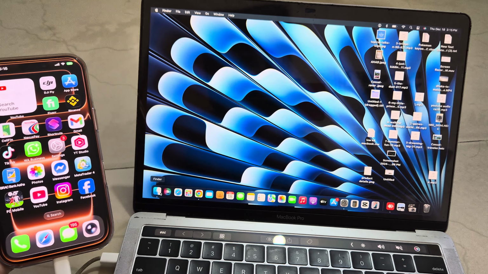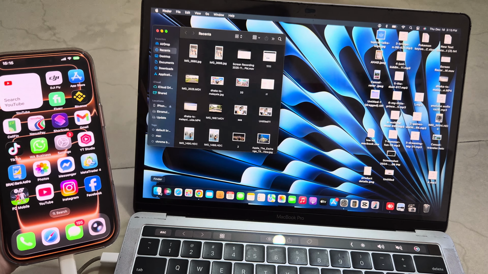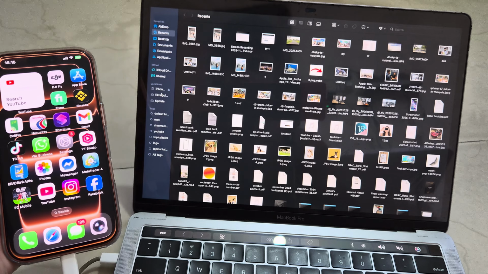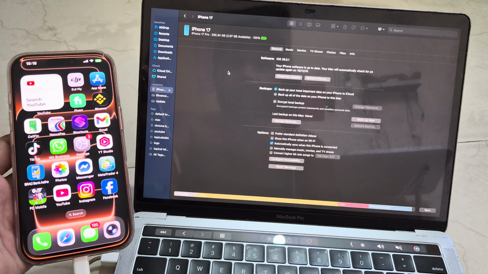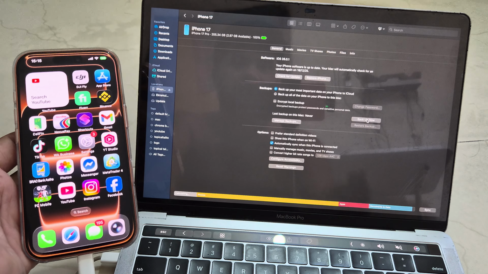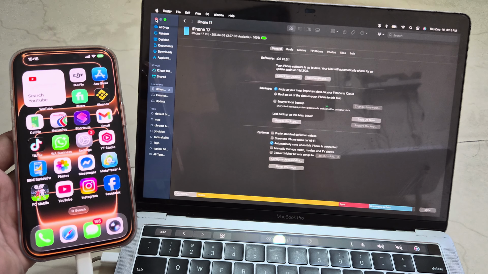Now go back to your Finder, and here you can see the iPhone option. If you press on iPhone, then all data are shown here. For example, if you want to take a backup, then you can take a backup of the whole data, but if you want to